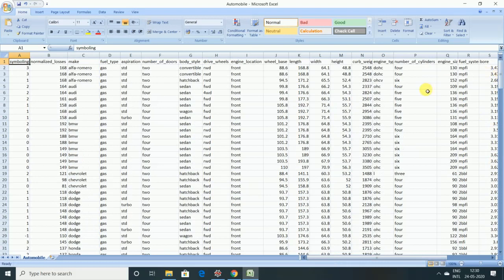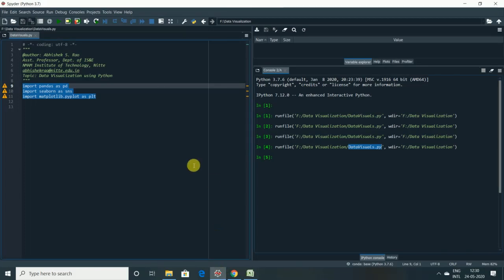Based on this dataset, we are going to analyze the information about the data, as well as try to understand the relationship among these attributes. Right? So coming back to the editor, we are using the Spyder editor for this session, using Python 3.7.